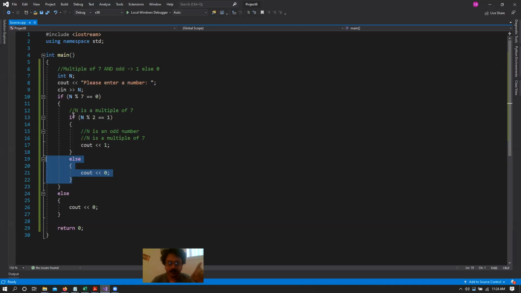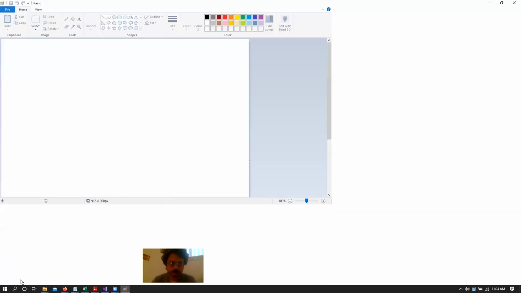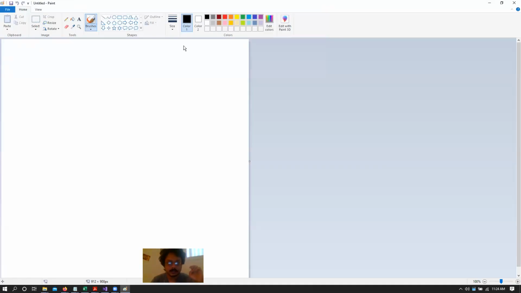So again, think of it like a fork in the road, right? So we have the first if condition that says you either execute this block of your code or you execute this block of your code. Those are the two routes, right? Internally, you have one more if condition, so let's say that you have the left hand side and the right hand side. The left hand side again has two separate conditions, that is either take this route or take this route. So essentially there is a fork after the fork in the road, right? So this essentially looks something like, okay, sorry for my bad paint skills, but just deal with it.